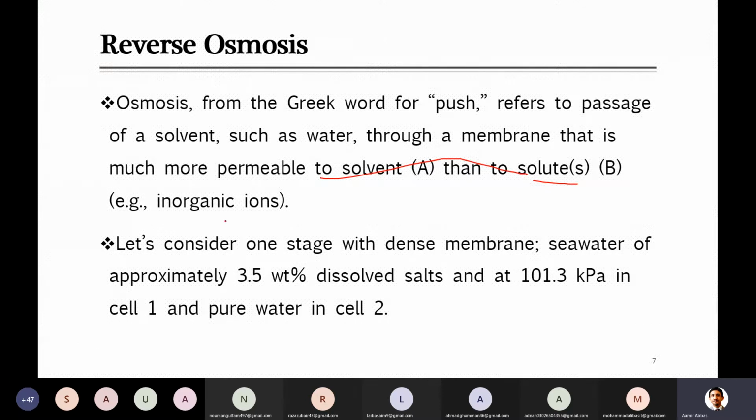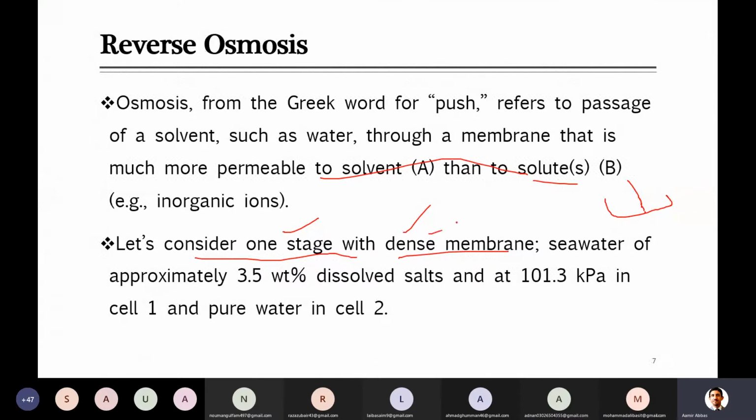Let's consider one diagram in which one compartment, say one beaker, is divided into two parts with the help of a membrane, and that is a dense membrane. Dense membranes, I think you remember, are non-porous membranes. Their pores are of very small size, and the major phenomenon of passage through this membrane is diffusion of the molecules. Here there are no pores, so this membrane depends on the material properties toward the species which you want to separate.